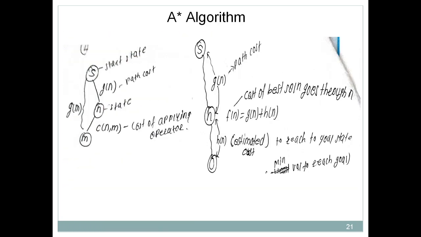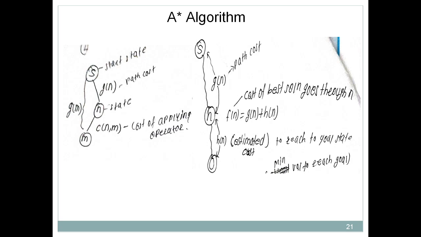So the A-star algorithm makes use of a heuristic. In the case of an informed search technique, all the searching techniques make use of a heuristic value. We already understood the importance of the heuristic value or heuristic function in the previous video. Again, I just recall, the heuristic value tells us how far you are from reaching the goal state. So it helps you to estimate. Heuristic means what? It's just like an estimate.